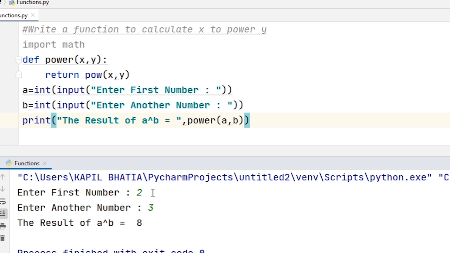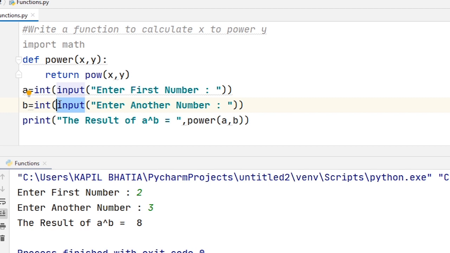In this program, I am using all three types of function, that means user defined function, built-in function, and function defined in module. Print and input, both functions are built-in functions, that means they are provided by the Python compiler or interpreter. Python language provides so many built-in functions.